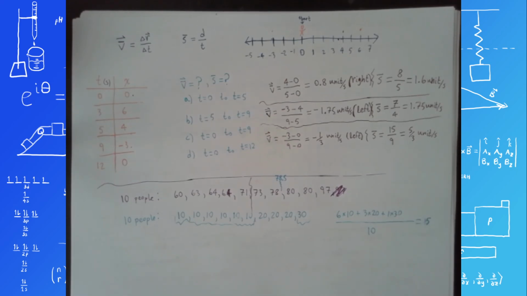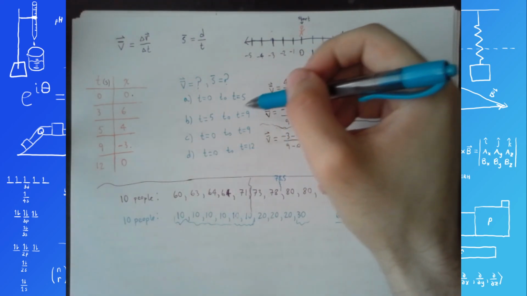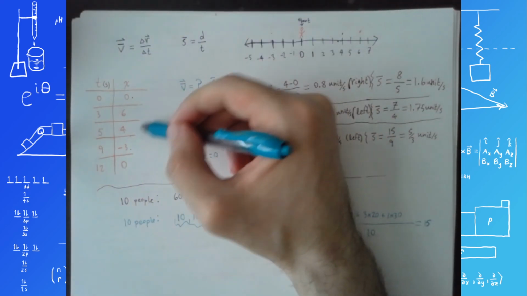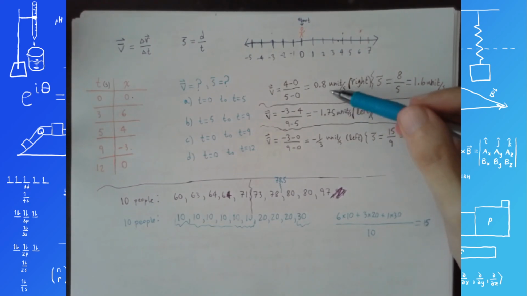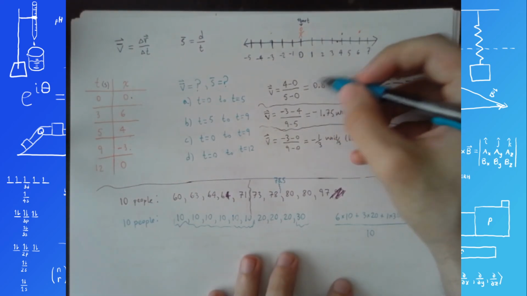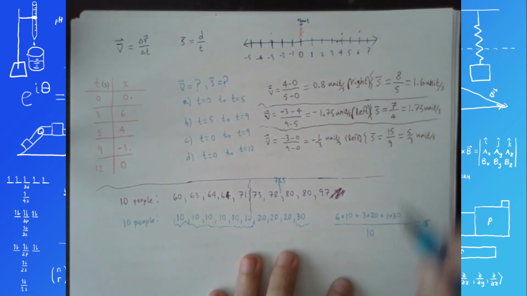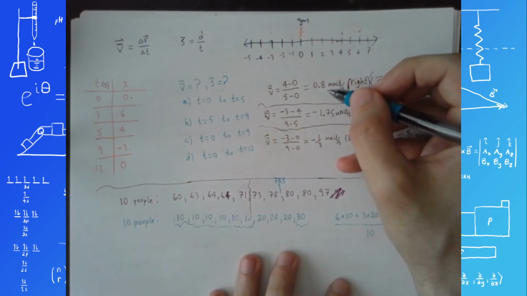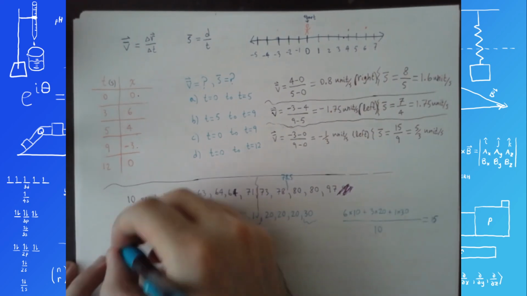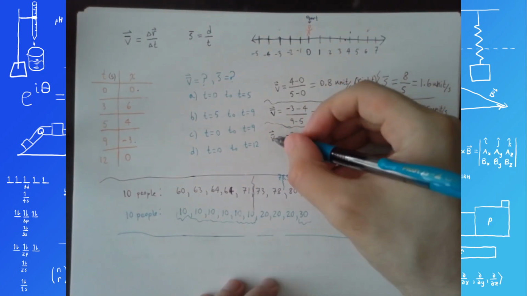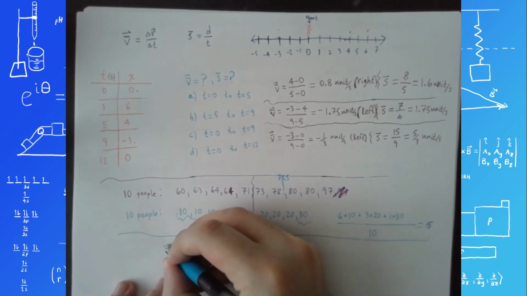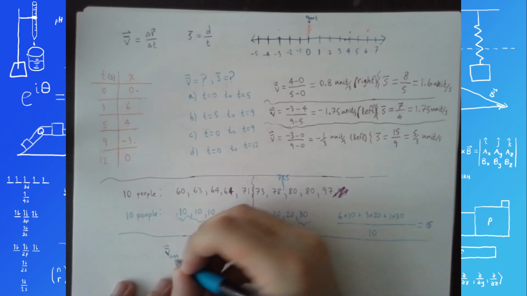This is not too different from what we have to do to calculate an average velocity of some big interval by combining the average velocities of 2 smaller sections of that one big interval. So the way I would do this over here is similar to what I just did here. I would take my 0.8, so if I want to calculate, let me do it down here, V average from 0 to 9,